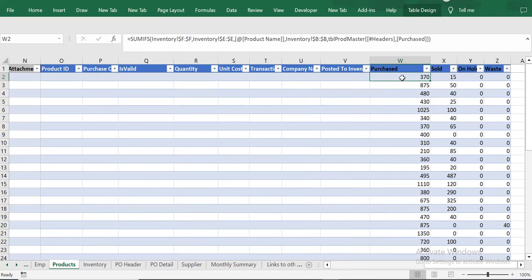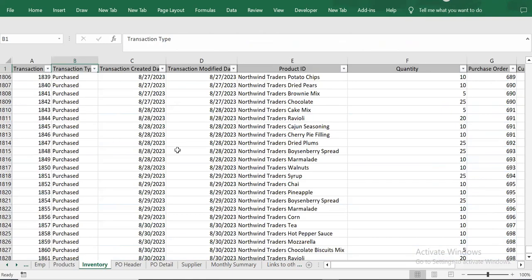Okay, so the stock is not here. It is actually the purchased, we are using a SUMIF formula, right? Which is conditionally checking this product in the E column of the inventory, where the transaction type is purchased, right? If we go here, in purchase, the transaction type is purchase, right? If we make it purchase here,